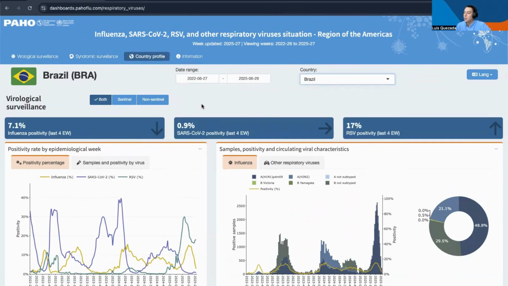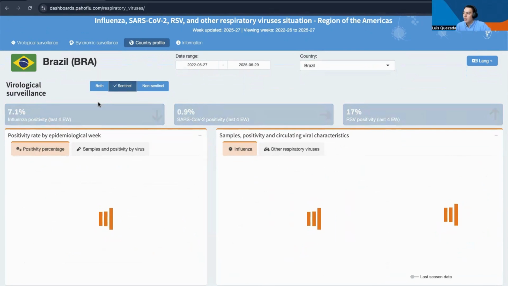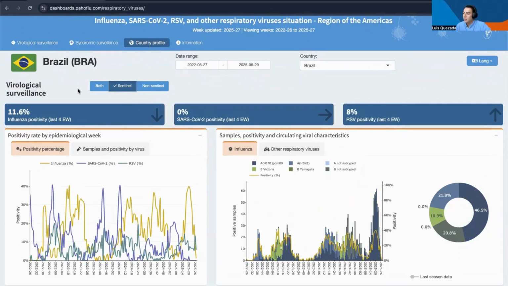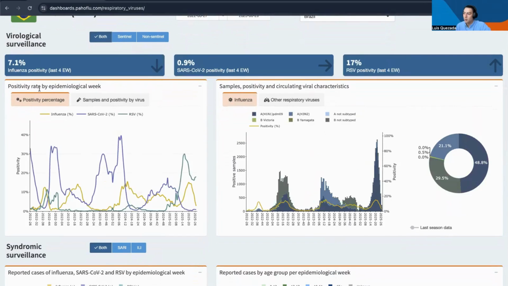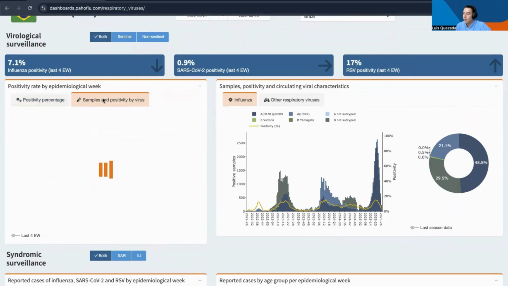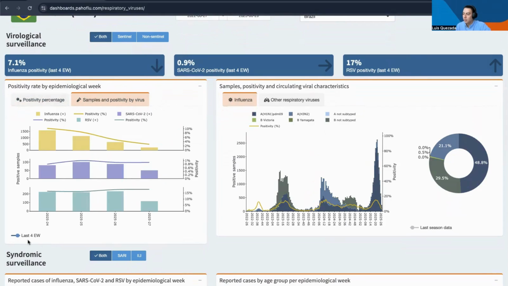country. So we have a small virological surveillance section. We can filter by sentinel data, right? And also non-sentinel. And in this first plot that we have here, we can watch the positivity rate by epi-week for all 3 viruses, but we can also take a look at the samples on the same plot using the second tab. And we can also enable this tick here to visualize the last 4 epi-weeks, so we can analyze